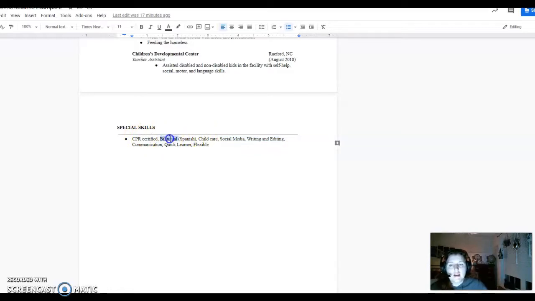So this is an adjective and this is a noun, childcare, and it's actually one word, I believe. This is a noun. These are verbs, noun, noun, adjective. These are all different parts of speech. In writing, whether you're making a resume or writing a sentence, all words in a list should be the same part of speech. So,